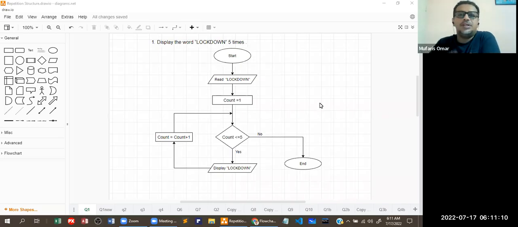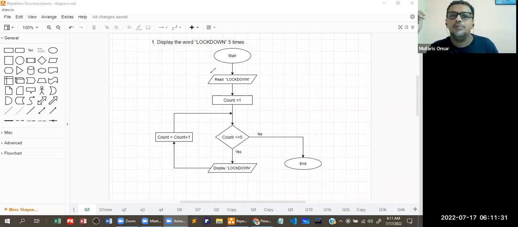We'll try to see how this program works, how this loop, or iteration, or repetition works. Now, if you look at this one, when you execute a program, the programs work or